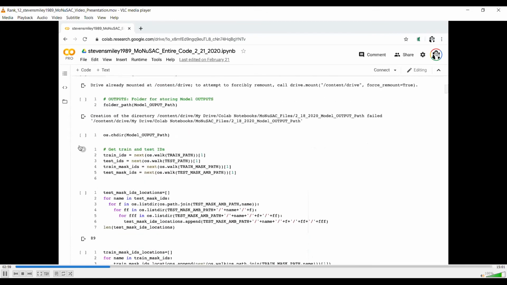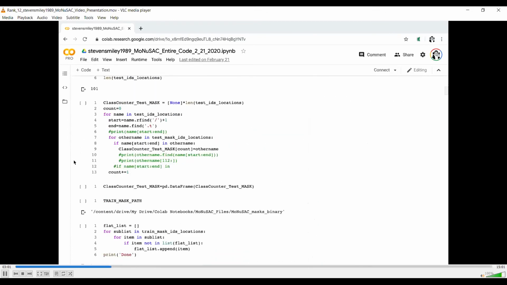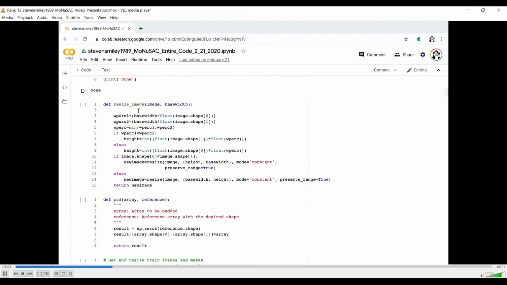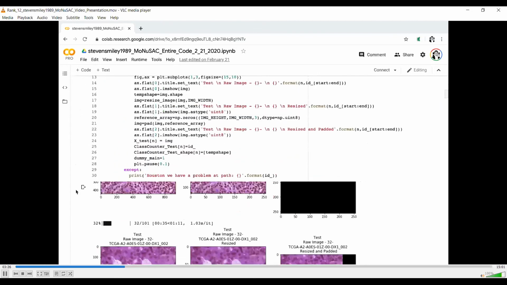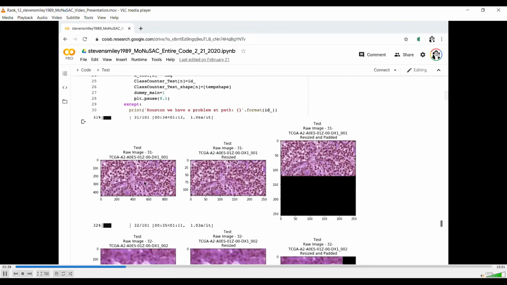I'll show you the functions for that resize and pad. So 256 would go in that base width. You could reshape and scale basically from an input image. This function for padding, numpy np.zeros, formed the gap. So when I actually imported these test images, they weren't 256 by 256.